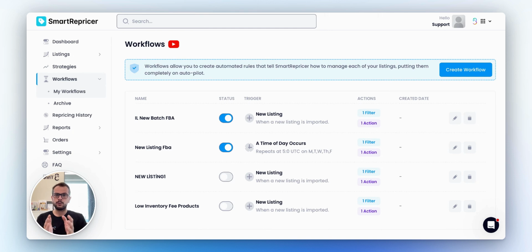In our first video, we talked about what a low inventory fee is, how it is calculated on SmartRepricer, and how we can see it on SmartRepricer. In our second video, I just want to talk about how you can create a workflow using low inventory fee and also potential low inventory fee related products. But by closing up, I would like to give one piece of information: even though we talk about low inventory fee so much, how can I minimize or avoid the low inventory level fee? I just want to give you some tips